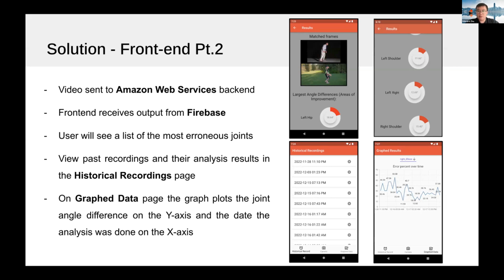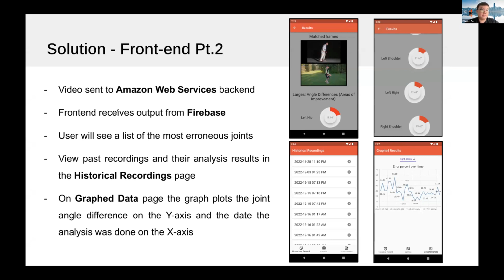improvement. And two additional pages are the historical recordings page, where users are able to access their past recordings and analysis results. And then there's also the graph data page, which displays the joint angle difference on the y-axis and the date of analysis on the x-axis, which allows the users to track their progress over time. So this front end is user-friendly. It's quite simple and straightforward to use, and it provides a comprehensive tool for gait analysis and allows for monitoring